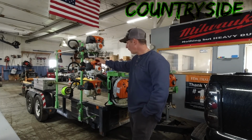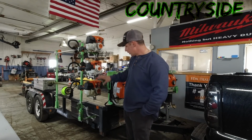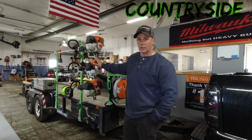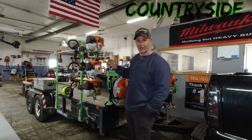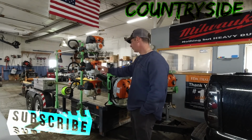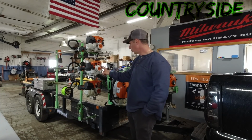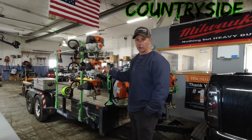But the new FS94, way underpowered compared to the 111s, but I expected that anyway. But it does do a great job, and for everyday weekly trimming, it's going to be a phenomenal mower. Yeah, sometimes I use it as a mower for small areas, but it's going to be a phenomenal trimmer. I did have to right away, something I usually do right away on everything, pull the spark arrestor